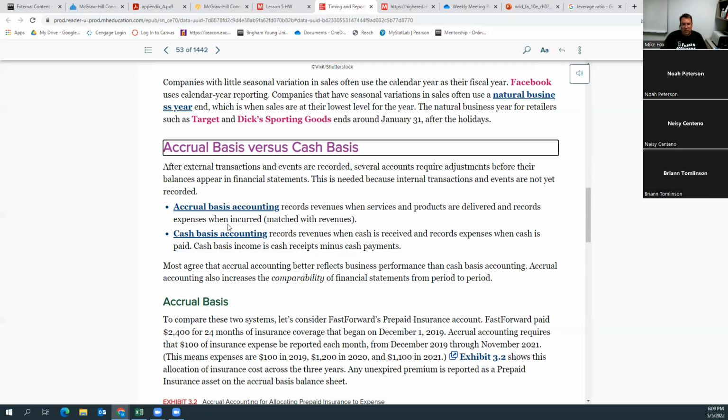Likewise, we're going to have expenses, and we're not necessarily going to record the expense when we pay it, but instead we're going to record the expense when we incur it. And so we incur expenses when we receive the benefit of the expense. So if we go to the store and we buy some goods, well, when we buy those, we're getting the benefit, or we're getting the goods. But for something like insurance, even if I pay for it in advance, I haven't really received the benefit of the insurance until I've had the insurance coverage.